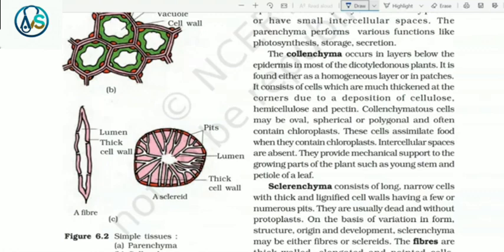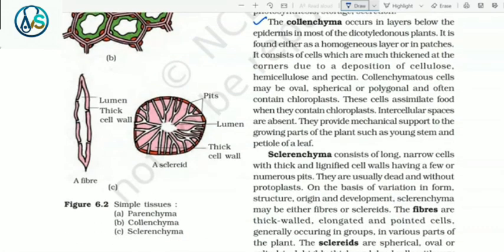The collenchyma occurs in layers below the epidermis in most of the dicotyledonous plants. It is found either as a homogeneous layer or in patches. It consists of cells which are much thickened at the corners due to a deposition of cellulose, hemicellulose and pectin. Collenchymatous cells may be oval, spherical or polygonal and often contain chloroplasts. These cells assimilate food when they contain chloroplasts. Intercellular spaces are absent. They provide mechanical support to the growing parts of the plant such as young stem and